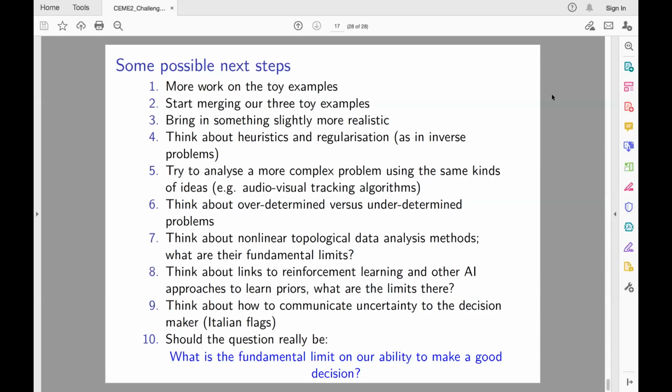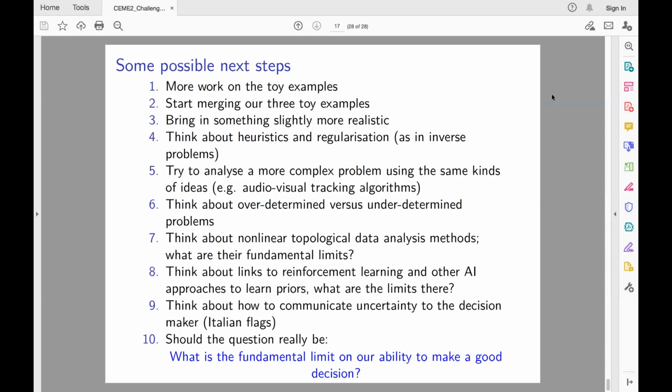Can we say, well, a heuristic is like another kind of Bayesian prior? Is that better than a different kind of Bayesian prior? And we can also try and analyze more complex problems. For example, these audio-visual tracking algorithms, there are some pretty smart algorithms out there, but it would be good to see whether they've been thought of, and we don't know enough of the literature from this fundamental information theoretic and Bayesian probabilistic framework. In inverse problems, as Catherine was alluding to, I think, there are problems with underdetermined problems and overdetermined problems. Can we bring that into the data somehow, into this framework somehow?